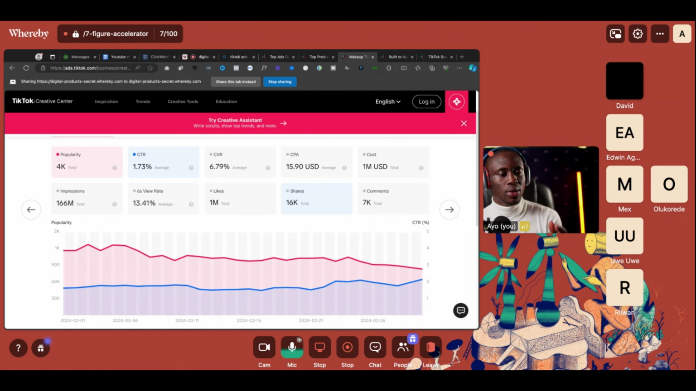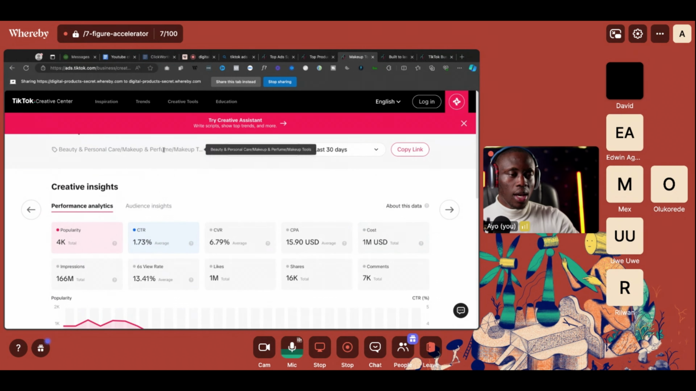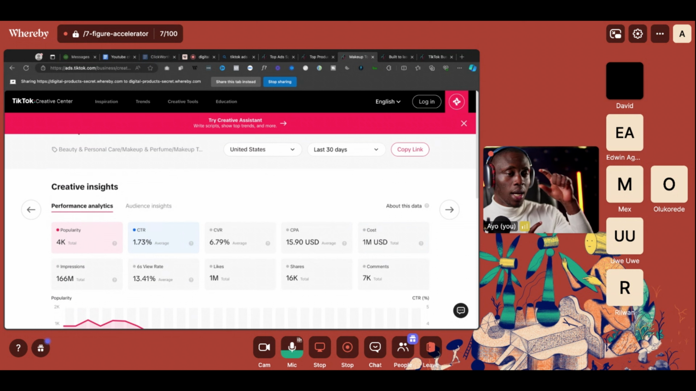So if I know that on average 13.41% of people will watch 6 seconds of my ad, what I'll do is I'll make sure that my ad is focused, especially if I'm in this space. I'll make sure that my ad is focused on no longer than 10 to 12 seconds, right? But I'm going to put in the required information to capture people's attention and also convert them into buyers or